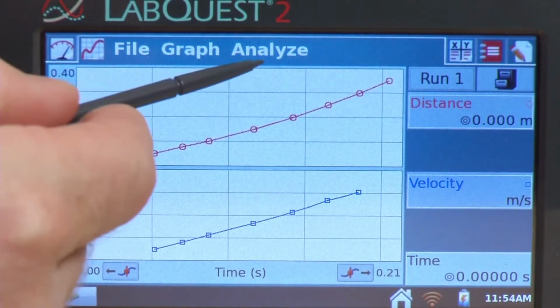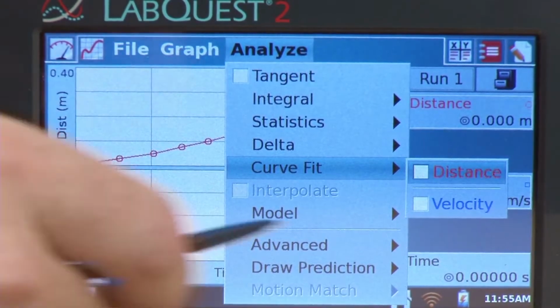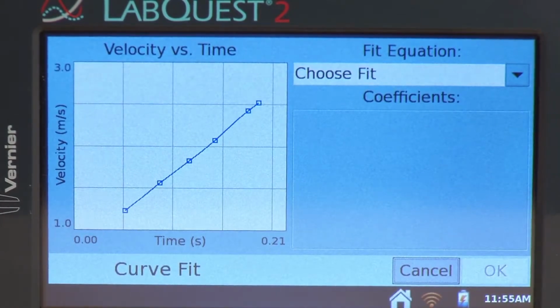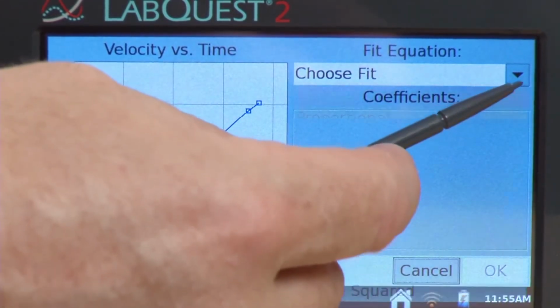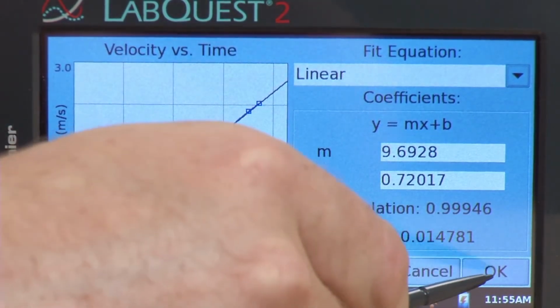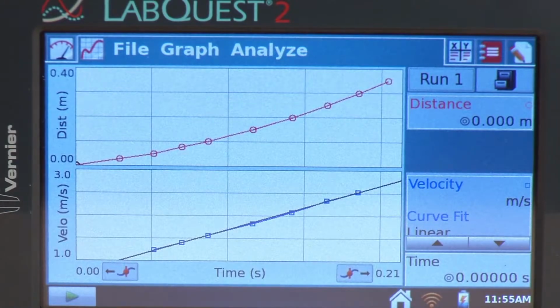So I'm going to go to Analyze, and I'll do curve fit, and I'll do velocity. Looks fairly linear to me, so I'm going to come up and say linear. And when I do that, I get negative 9.7 meters per second squared. Not too shabby for being able to do this. So it's very easy to do an experiment where you're measuring the acceleration due to gravity using the picket fence